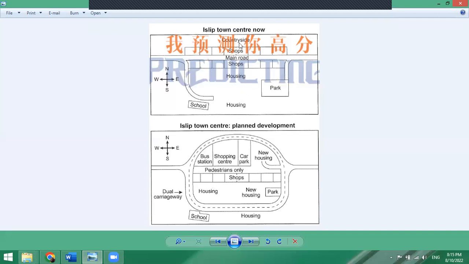When you write about housing, as you see, we have 2 housings written here. One housing is inside the dual carriageway, and the other housing is right after, in the south part of the city center, beside the carriageway. So this is the change that you write. And there was almost no change to the school as you see in this picture. There's very little change in the structure of the school. So this is how you're going to organize and write your